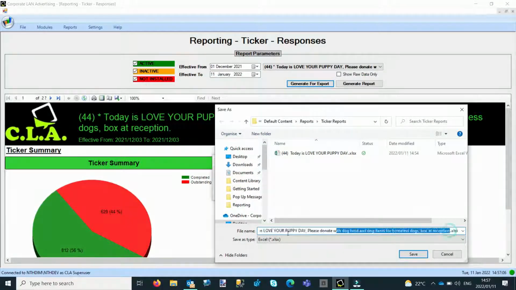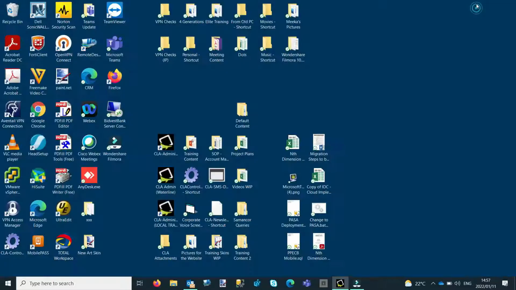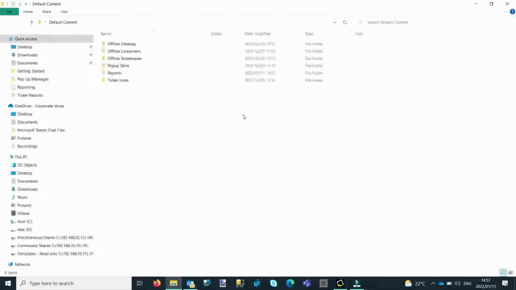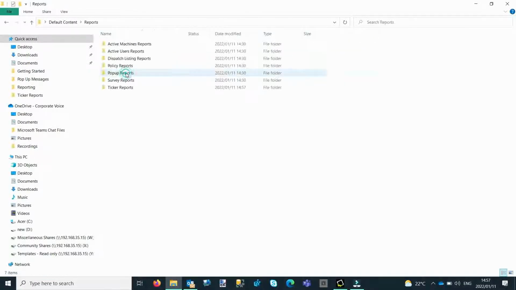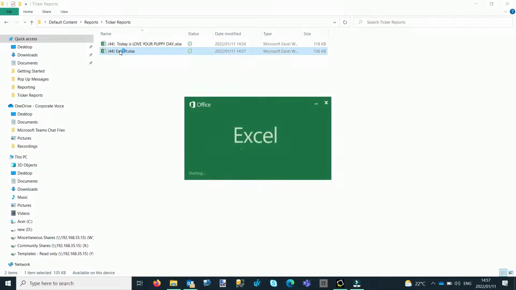I'm just going to give it a name. I'm going to call it 44 export, and I'm going to just save that. And then if I open that report in the location that I saved it in, this one, 44 export,